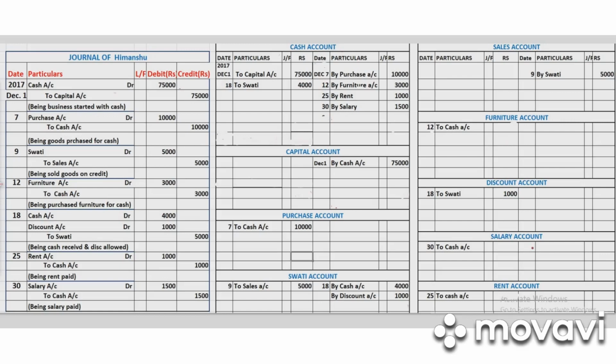Furniture account, discount account, salary account, rent account. So all the accounts have been written in this way. So this is how you have to post these entries to the opposite sides. Okay, so after completing posting,